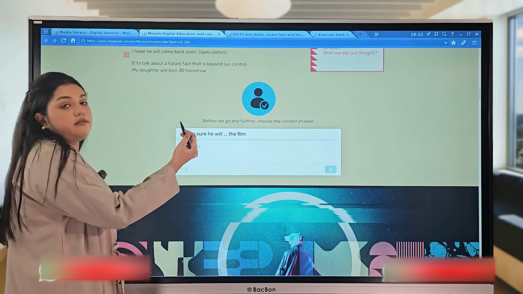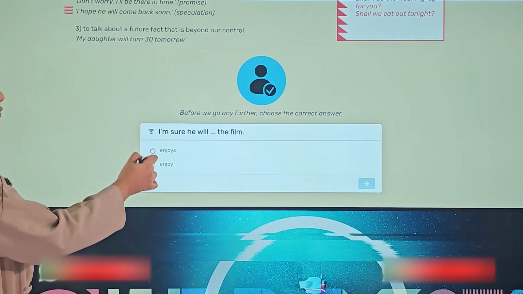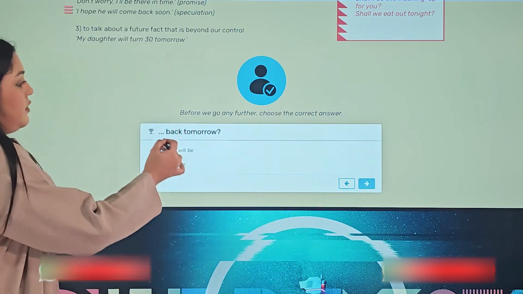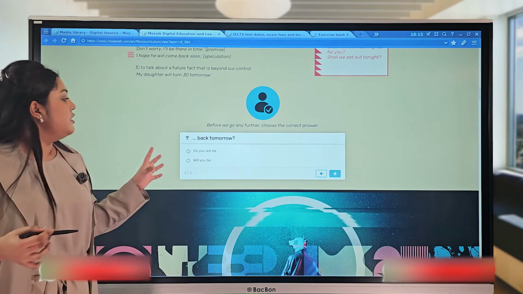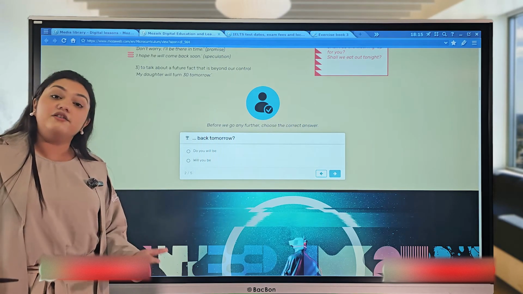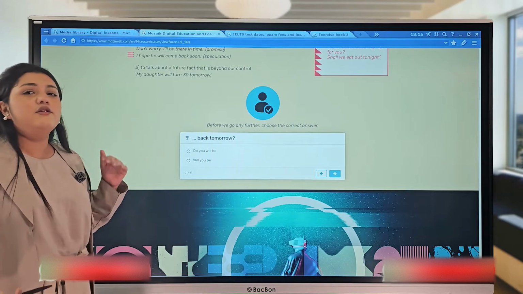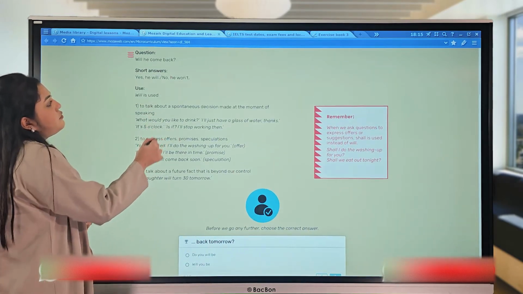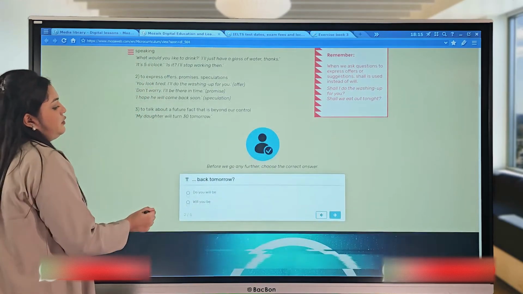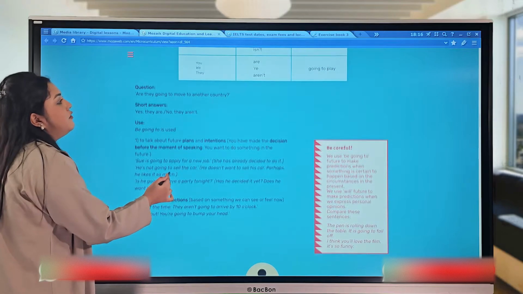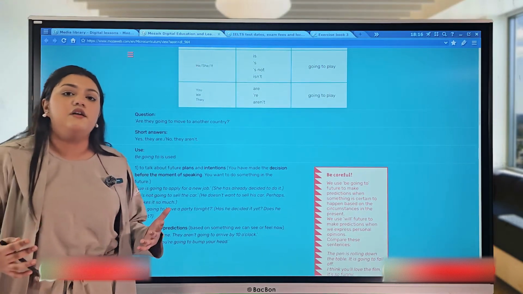So let's see. Well, currently we would know if you've read before that it should be "enjoy." So when we press that and then we go, another question will pop up. Eventually, when we complete all 5 questions, it'll give us a score of how well we actually understand the lesson. And if we get a very low score, we need to understand that we need to go back. So what we'll need to do is reread this lesson again. So as we can see throughout this entire PDF, there's plenty of grammar lessons which focuses on the tenses of